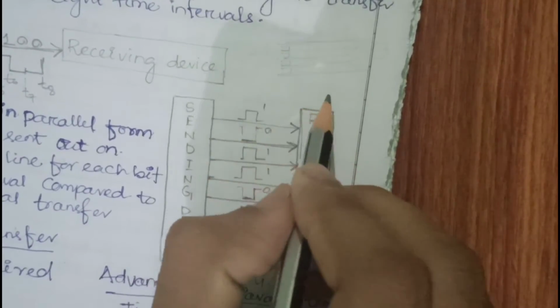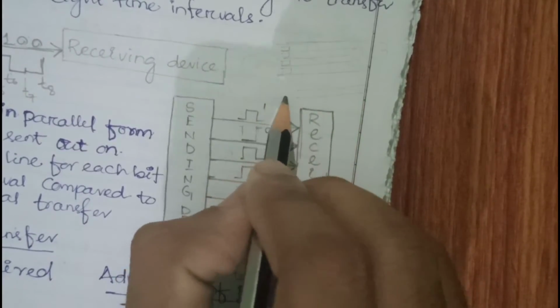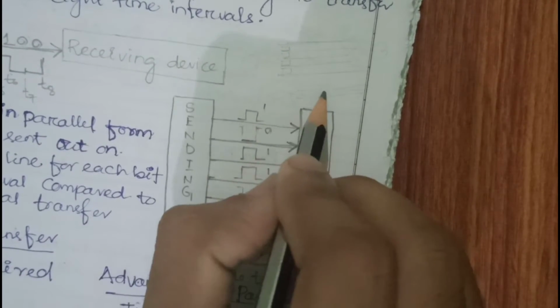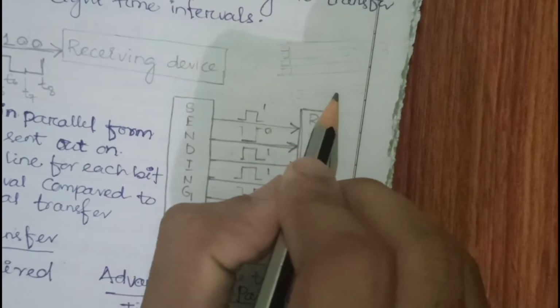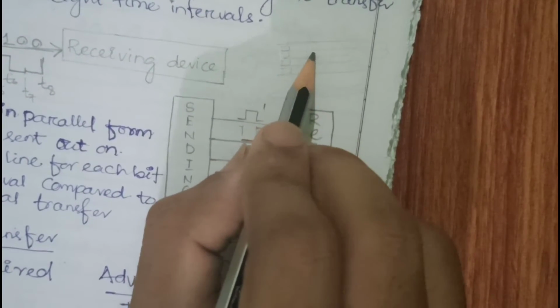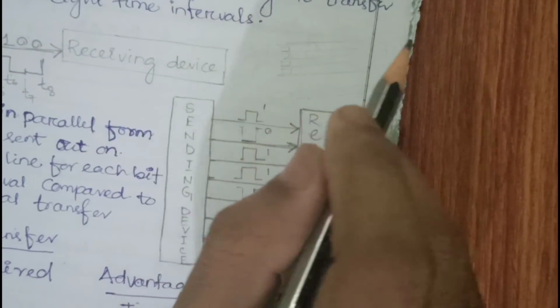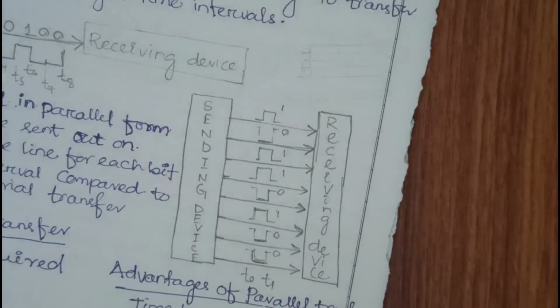And on the other hand, if you have only one lane and there are 4 vehicles behind each other, it means one vehicle will go, then the second, then the third, then the fourth. So it will need a bit more time as compared to this one. But here, the number of lanes needed is more. Here only one lane is required. So these are the advantages and disadvantages of serial and parallel data transfer.